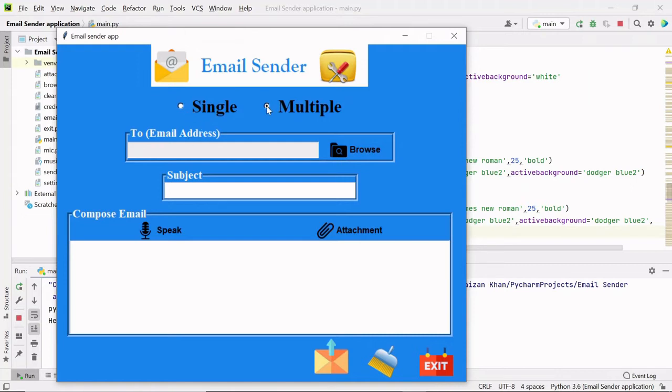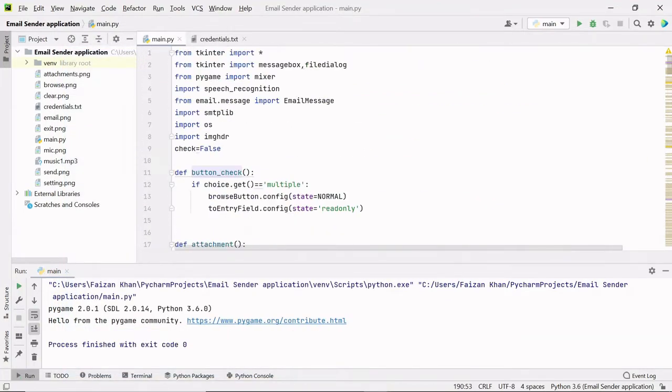Okay, and now when I click on this single radio button, I want to disable the state of this browse button and enable the state of this to email address so that we can enter the email address. So let's see, inside that button check function, now I will check if the single radio button is selected.